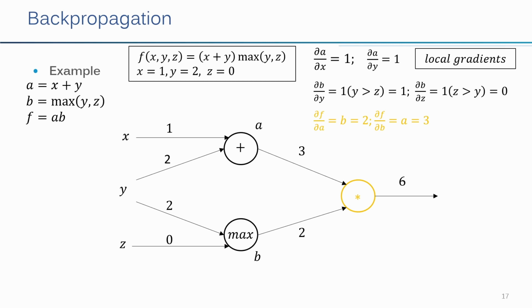Then the last one here is a times b, and that's straightforward. With respect to a, we get b, which is 2. And then with respect to b, we get a, which is 3 in this case. If you remember how we start backpropagating things, the first element that we do